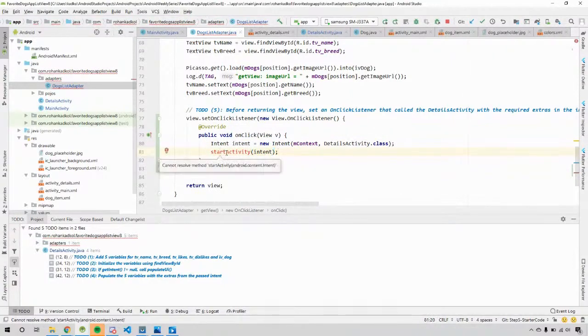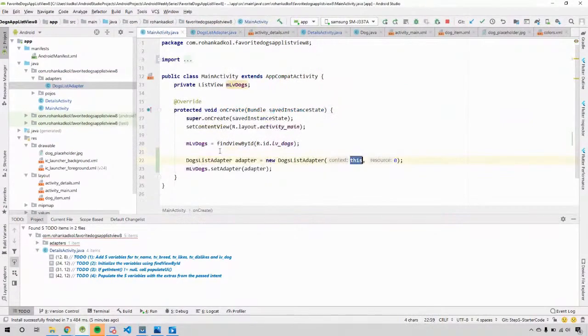Now the thing is, activities can only be started from within activities. So the workaround for this is m context dot. I went too fast there. Actually, let me go slow. M context dot. So now it works. Why does it work? Technically here also,